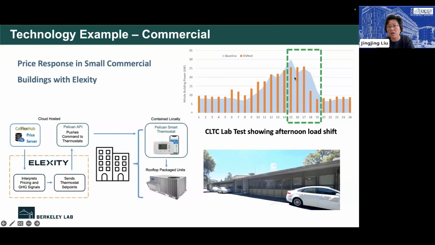So this resulting load shape change is a lot like what we have been seeing in traditional demand response programs, even though the underlying mechanism of triggering that load change is different between a demand response dispatch signal versus a dynamic price signal. Given this similarity, this is a good segue for us to look into some of the field performance that we have seen from